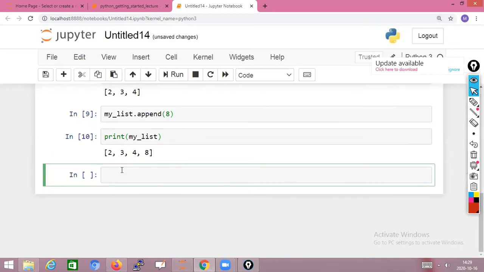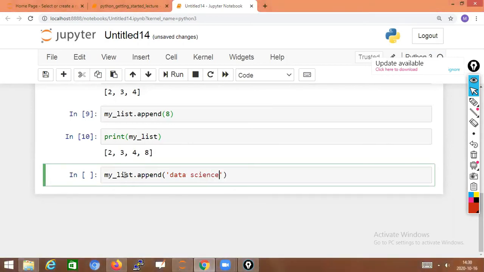Now my list has 4 values: 2 3 4 8. I want to add a string data type, a word. So what I'm doing is my list dot append. I'm adding a string. When you add a string, you have to use double quotes or single quotes. For example, I'm adding data science.